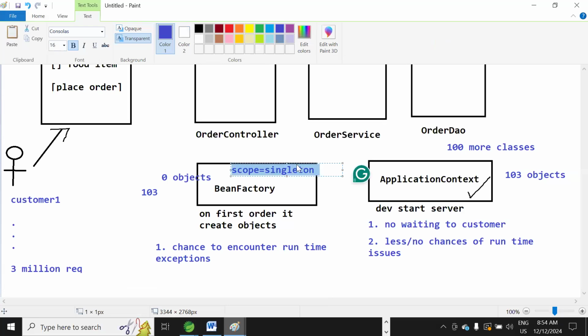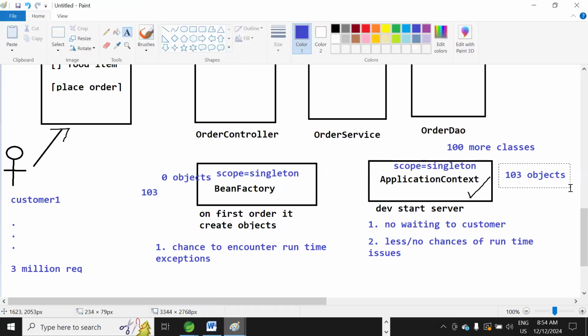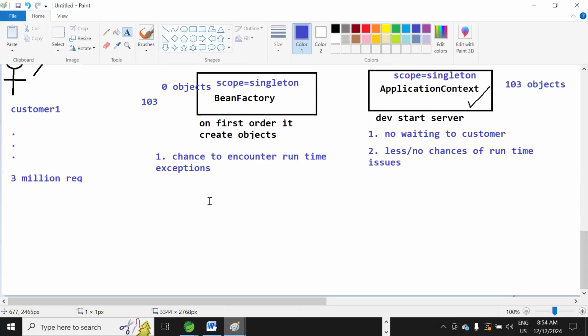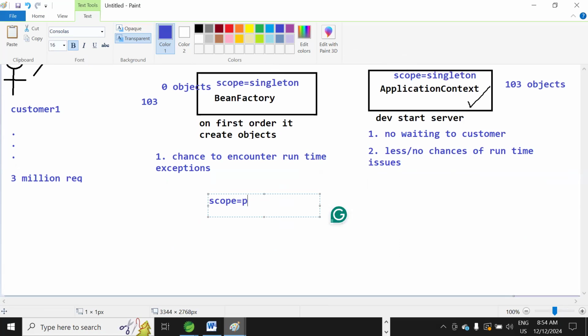In the singleton scenario, they are creating objects at first-time request or during loading time, only the specific number of classes you have, that many objects only. If it is a prototype, if scope is equal to prototype,